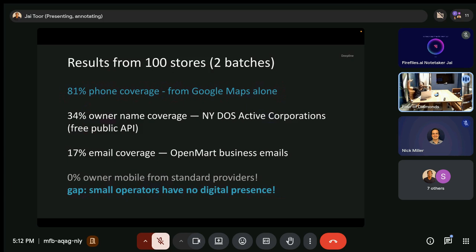We then use the public active corporation list to find the owner name of the business at that location. So we're taking in the grocery stores and saying, let's go find the owner name associated, or the chairman of the LLC that owns that. And that typically is the owner of the grocery store. And then we used an off-the-shelf API called OpenMart that specializes in this type of data.